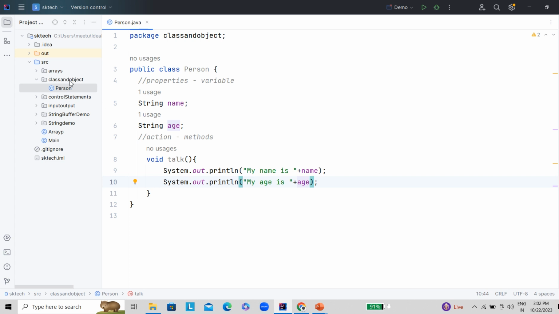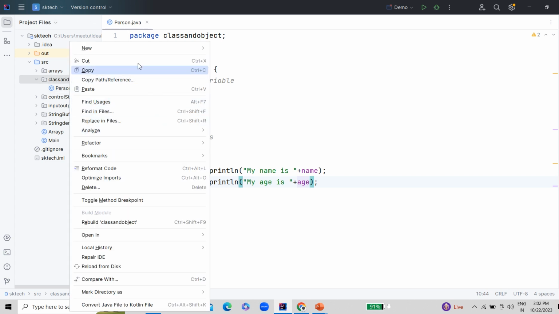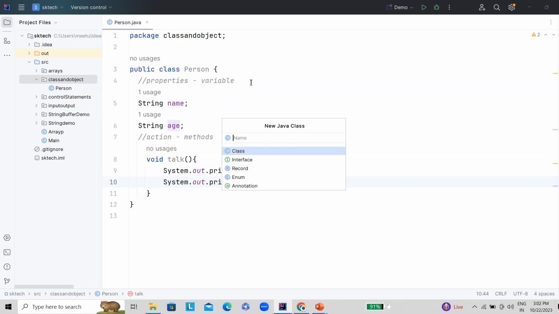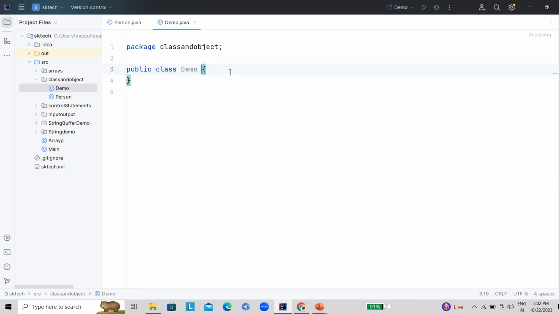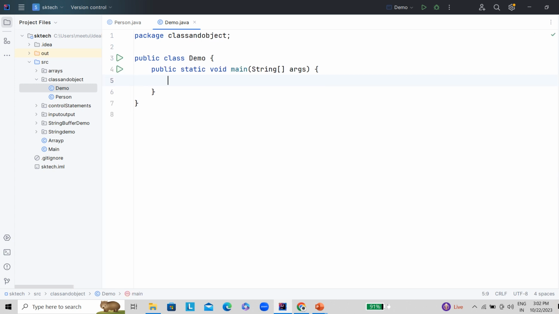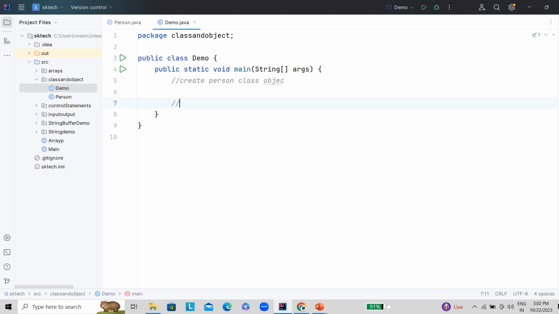So let's create another class where we are going to use the functionality of this Person class. Let's give the name Demo, and here we are going to create the main method, and inside the main method we are going to create the object. We are going to create a Person class object, and first we are going to find the hash code